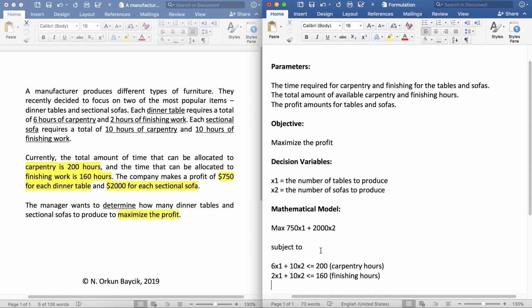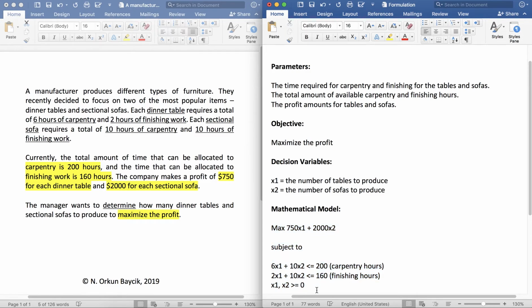So for that reason, we add the sign restrictions, which enforce that the number of tables produced and the number of sofas produced will be greater than or equal to 0. Okay, so I can choose to produce 0 sofas, but I can't do anything negative. Okay, so this is what it enforces. So this completes this mathematical model. Okay, so the model here, maximize this objective function subject to our constraints,